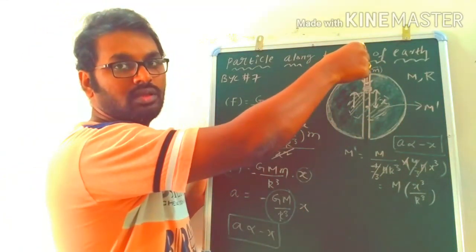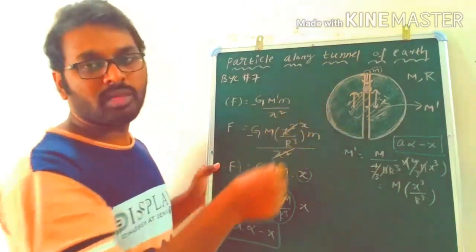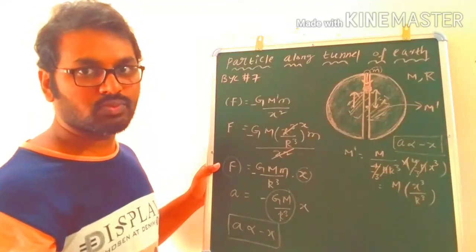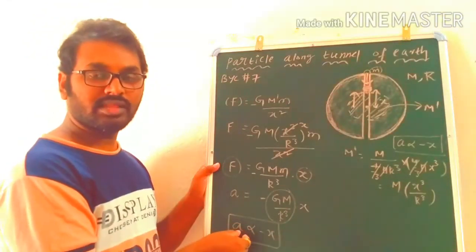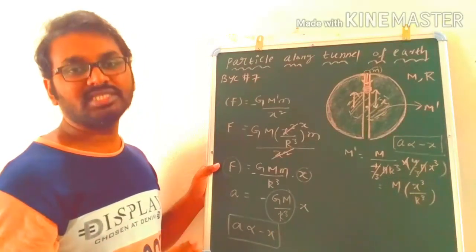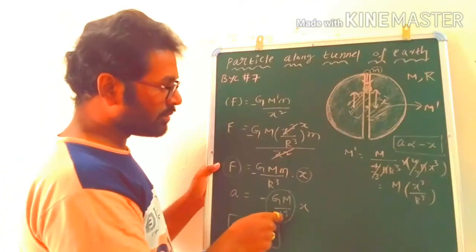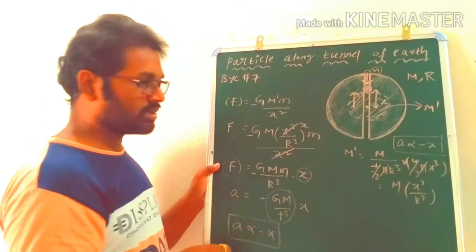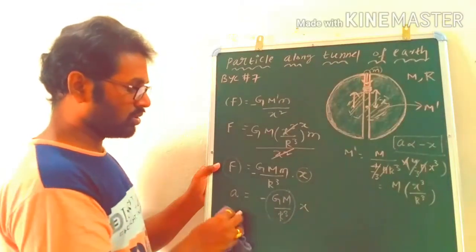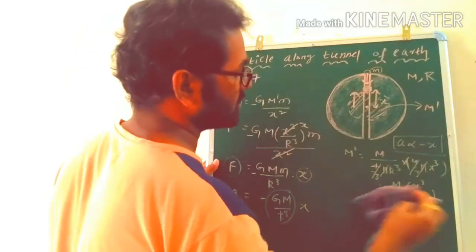earth through the tunnel. Now this particle is performing which motion? Simple harmonic motion. So how can we say this with this relation? Acceleration is proportional to the negative displacement. And how much is the time period? Which is very easy, because we can compare this expression with the general equation. What is the general equation? As we know, the general equation is, we can write here,